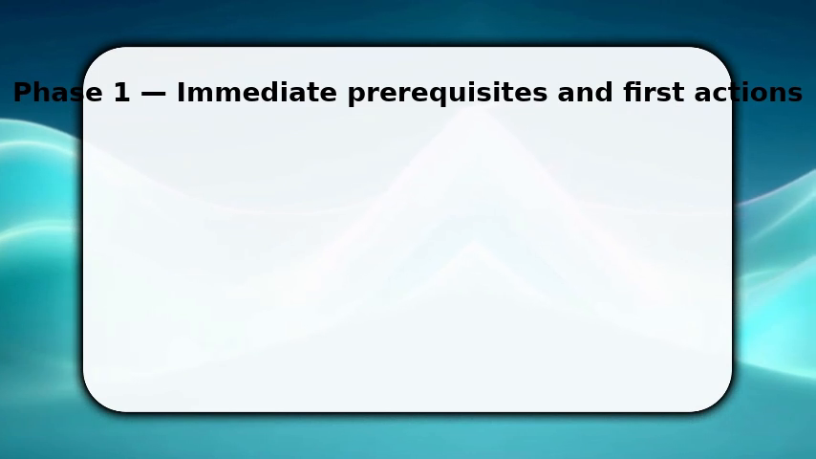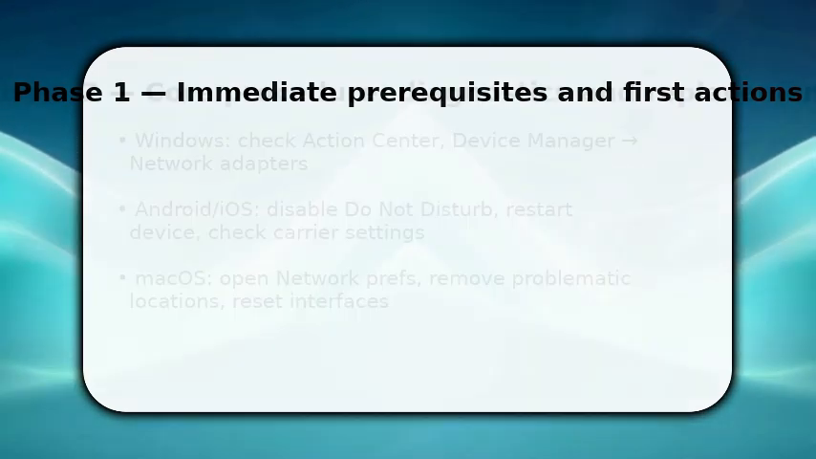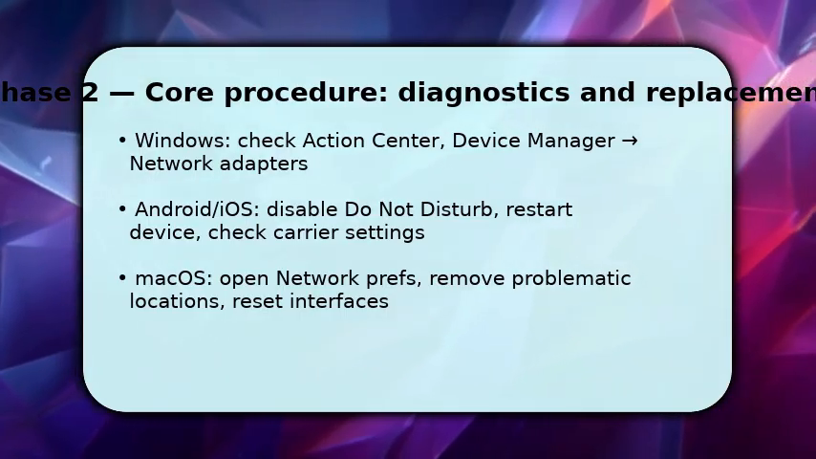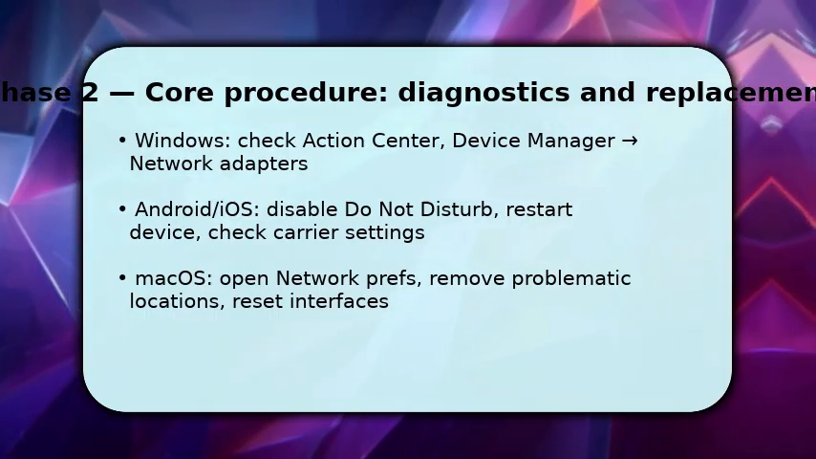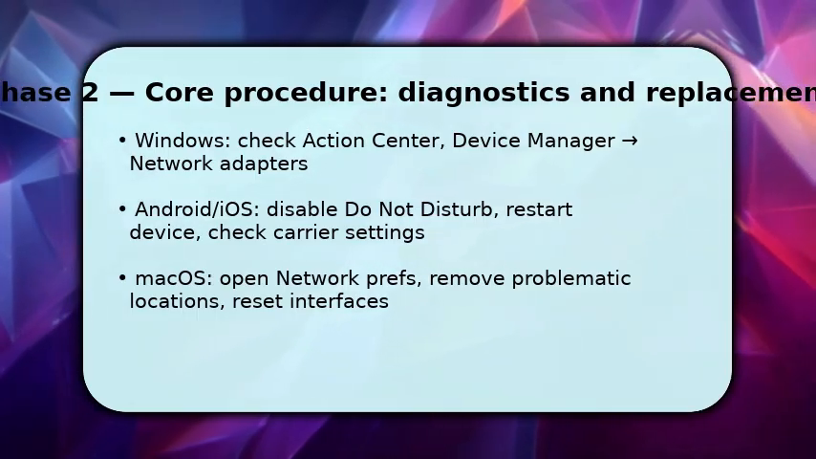Now you handle the more complex middle steps that often block toggles. On Windows, use Action Center to toggle airplane mode, then open Device Manager and enable disabled network adapters. Update drivers if necessary. On Android or iOS, disable any profiles or do not disturb modes, restart the device, and